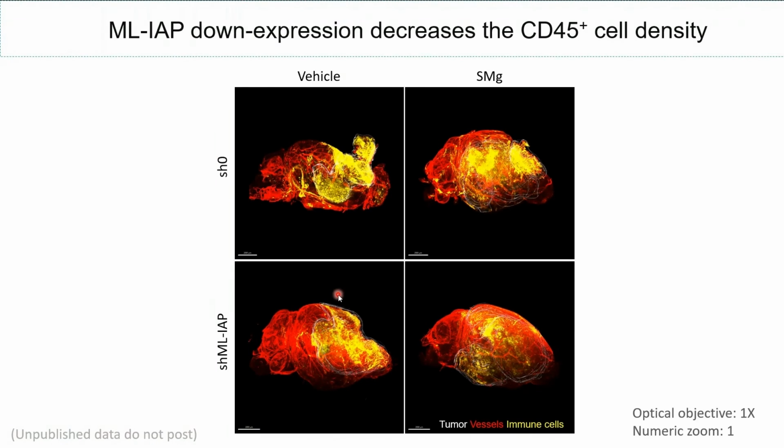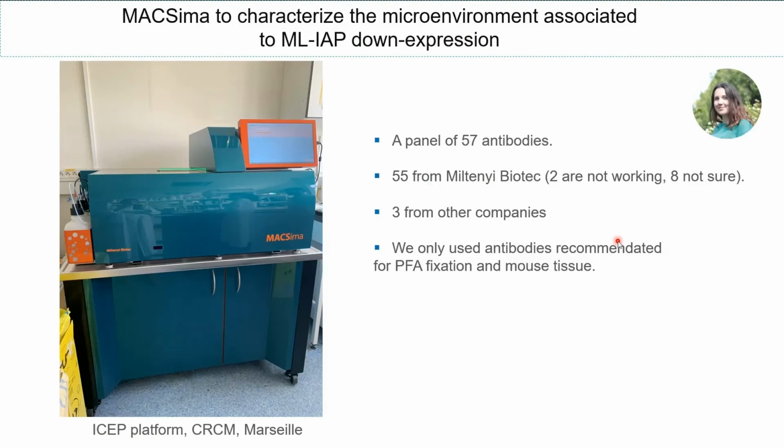And in a very interesting result, in the cells which downregulate MLIP, we did not increase the immune cells in that case, but we decreased this amount of cells, and we decreased it even more with the treatment. So to understand what is going on, because probably other cells of the microenvironment are involved,